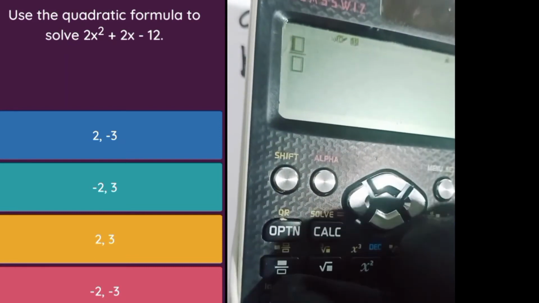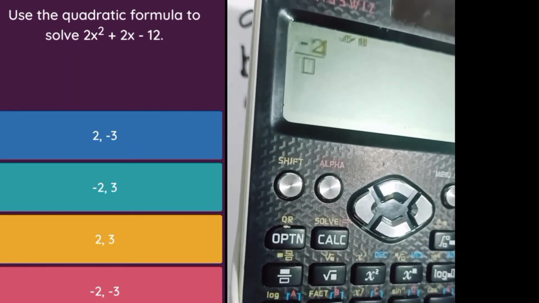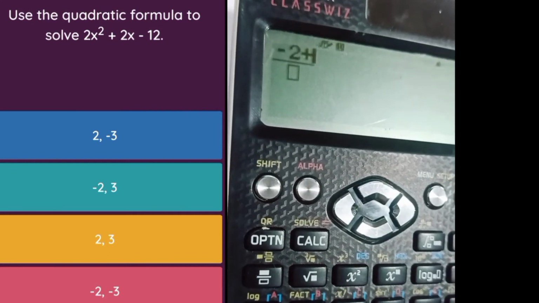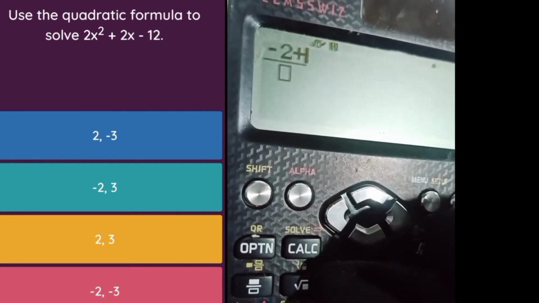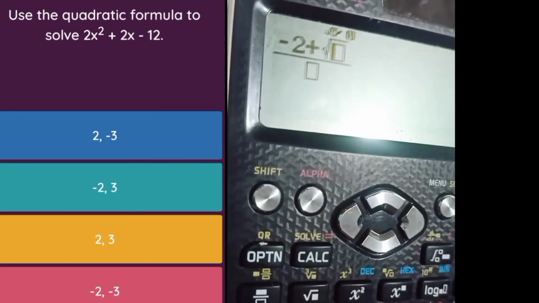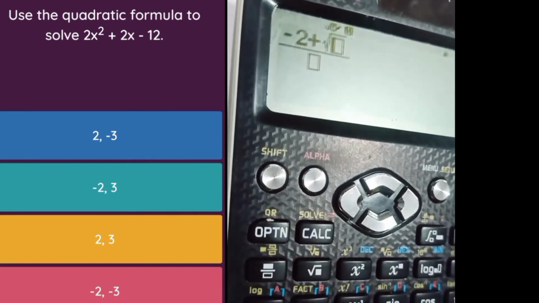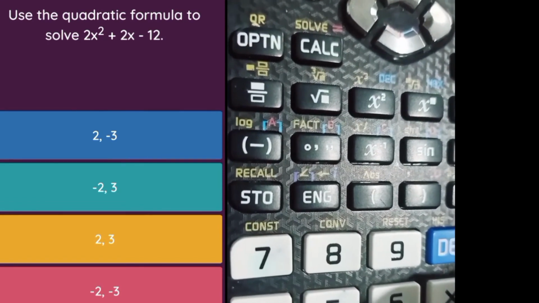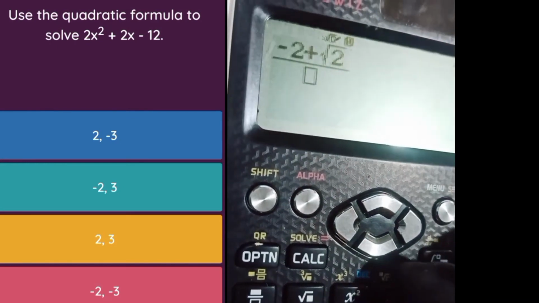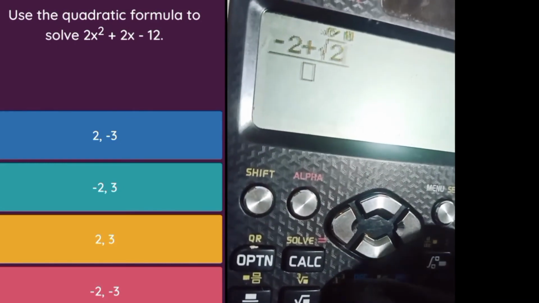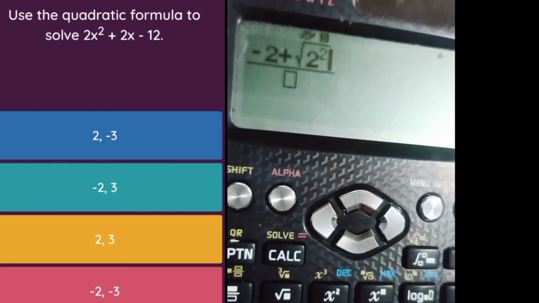So we have negative b, which is negative 2. So we do plus first. So plus, and we have the plus sign, and then square root of b squared minus 4ac. So we have the value of b, which is 2, and then squared. There we go, minus